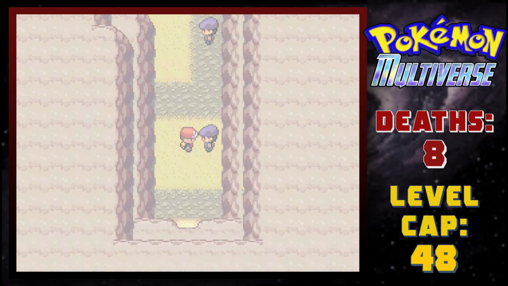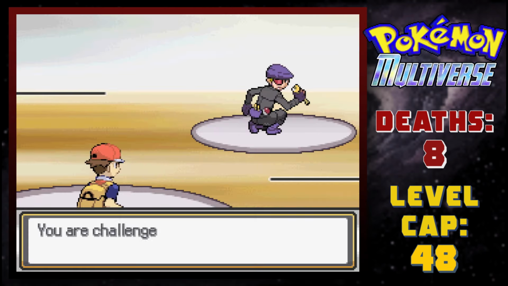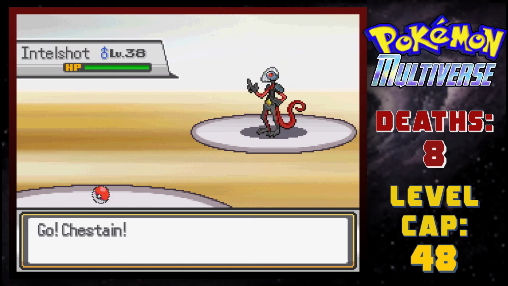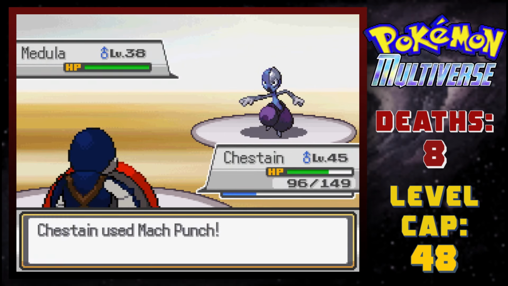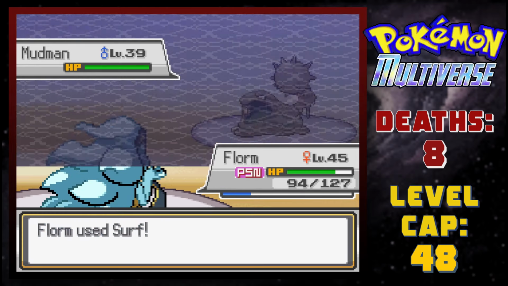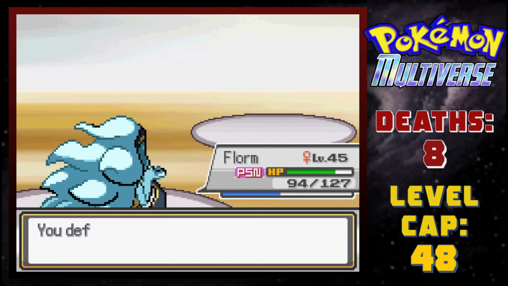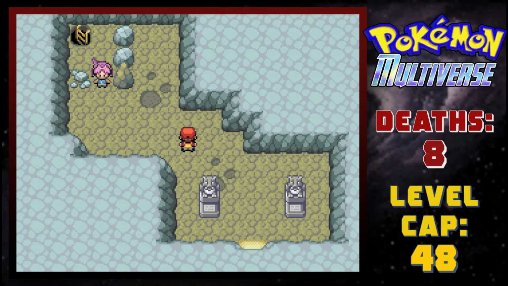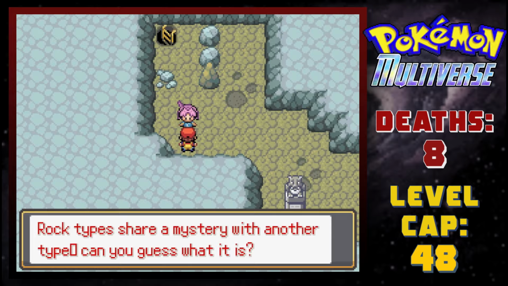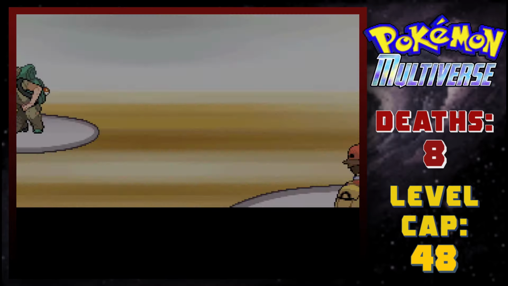We then entered the Cosmic Cave and fought some Cosmos Grunts, and they actually had great looking teams, with Intel Shot as Deadshot, Medulla as Nebula, and Mudman as Sandman. But it was not long before we reached the hidden city called Noah Cave, or Noah City. We head on to fight the gym, and after fighting some rock and dragon types, we reached the gym leader,